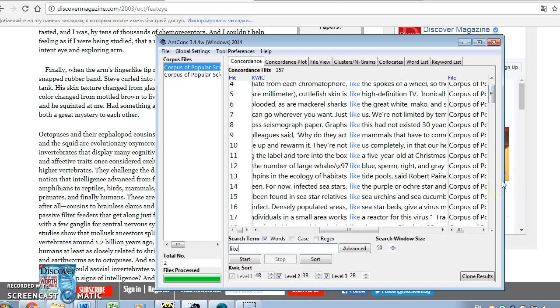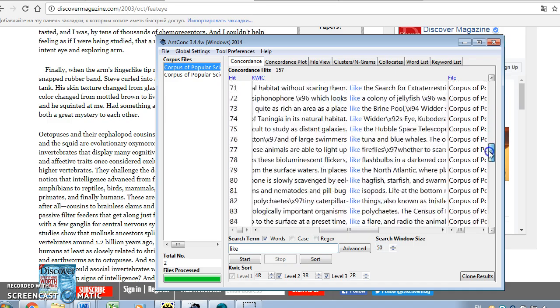That's why it's clear that it will be necessary to make some manual analysis, taking out all those expressions which are not actual similes. For example, in this case, in the ecology of habitats like tide pools. So it's clear that there is nothing metaphorical in this. It's just the expression which makes the previous one more concrete, like habitats, which ones, for example, tide pools, and so on. And the same, of course, about any other structural kinds of similes, for example, with the use of as. But nevertheless, it's still much quicker and not so daunting as it could be with purely manual analysis without the use of any electronic tools.